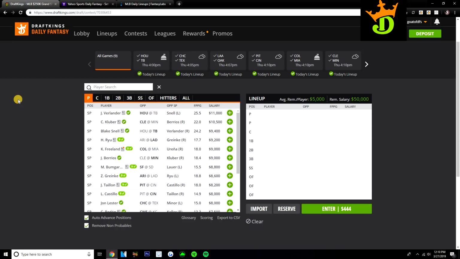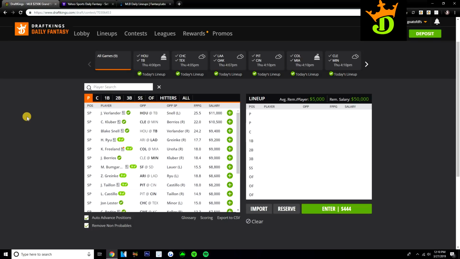I think Oakland is in a really good spot. They have some expensive bats. Maybe the White Sox and Royals, those 2 teams could be cheaper stacks to use, but I'm really looking at Oakland and the Cubs for the teams I want to stack, and a lot of the bats in those lineups are expensive, so we're probably going to be able to get 1 stud and 1 cheap pitcher.